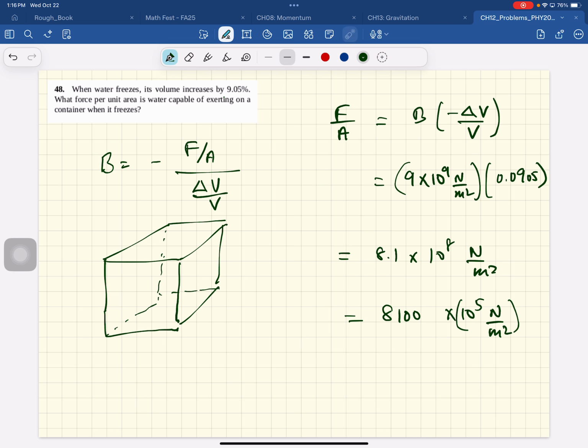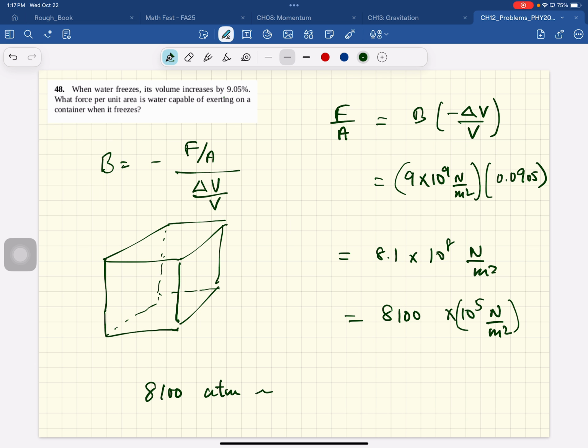Okay. This is 1 atmosphere in pascals, in Newton per meter square. So this is saying the force that you need to keep the ice in the container is 8,000 atmospheres. Okay, 8,000 atmospheres in PSI. So this is 8,000